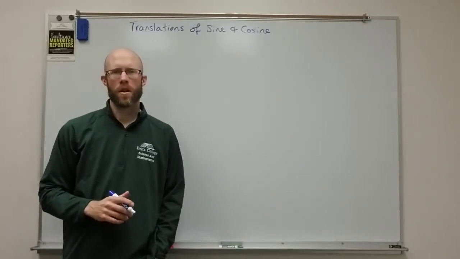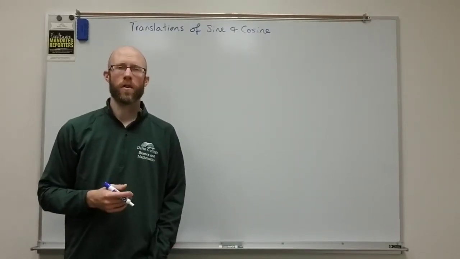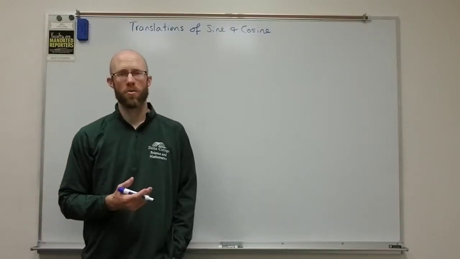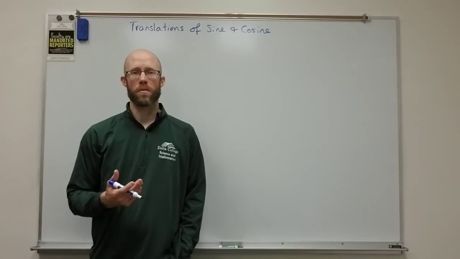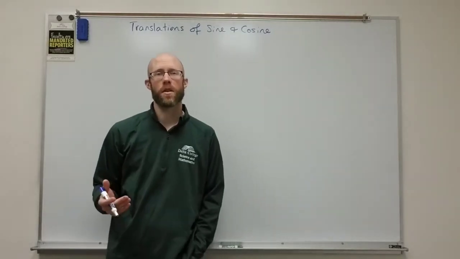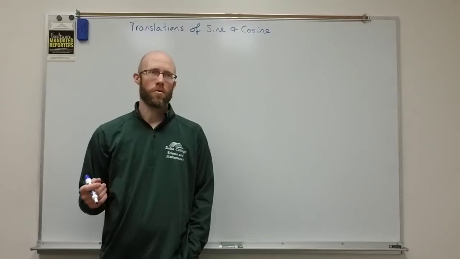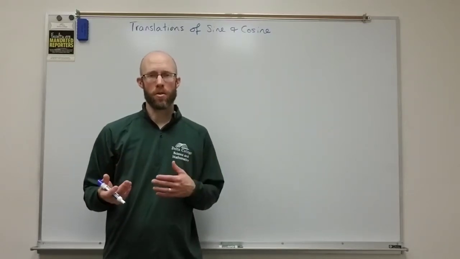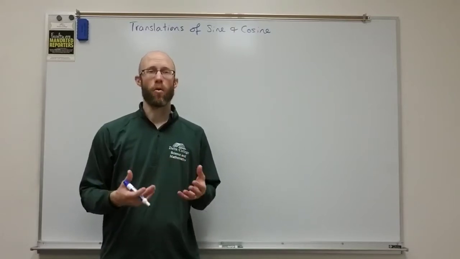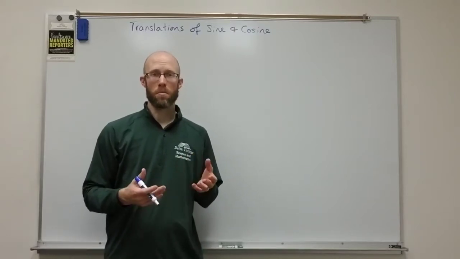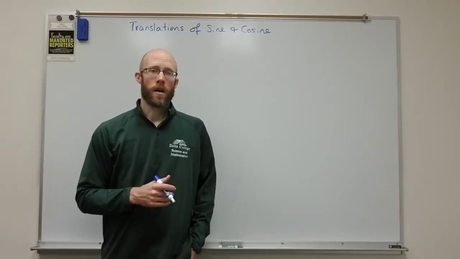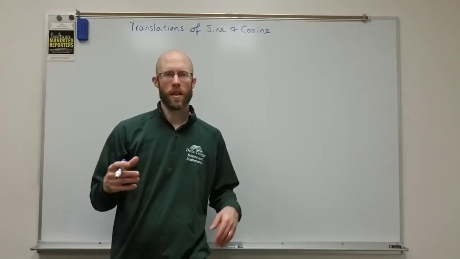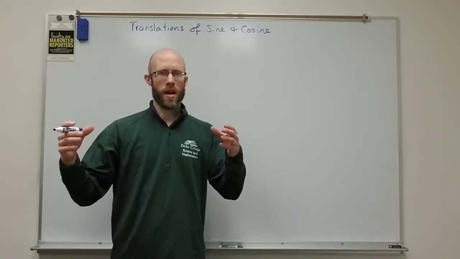As we continue our discussion on the graphs of trig functions, we're going to move into the translations of sine and cosine. Previously, we've talked about just the basic graph of the sine and cosine function, along with the idea that it's a wave pattern. It has a period and an amplitude, and we saw the 5 key points also, which are also going to be key in this discussion. Now we're going to talk about the translations, which really what we're meaning there are the vertical and horizontal shifts